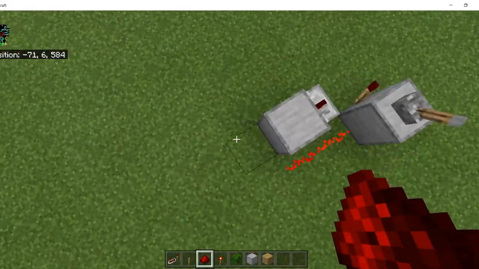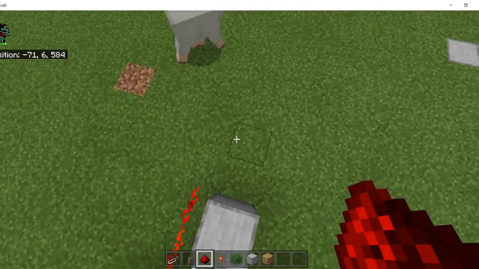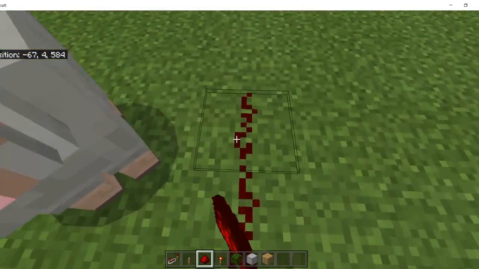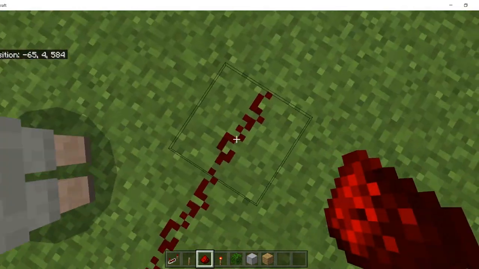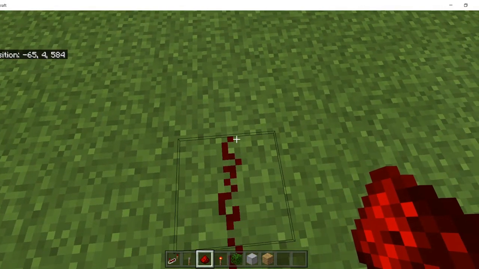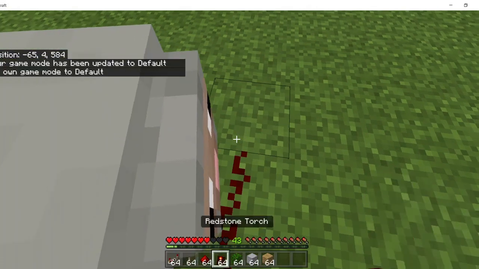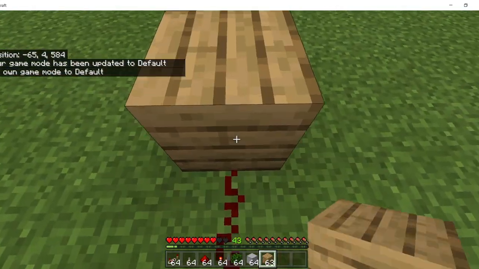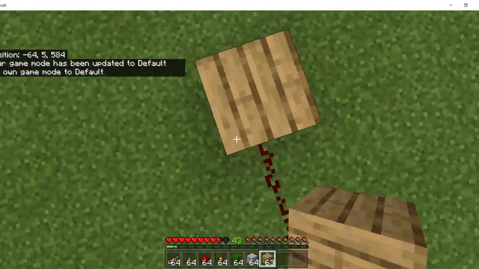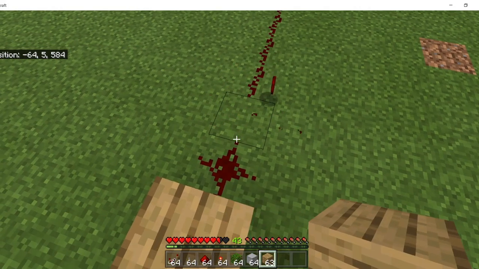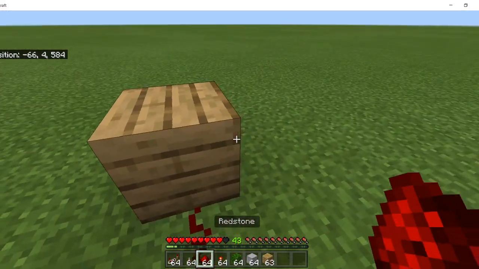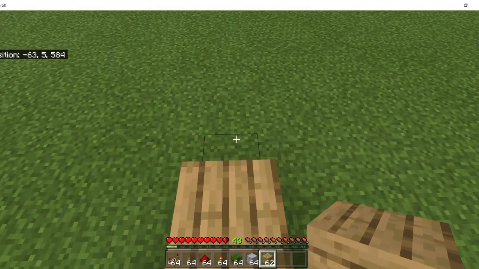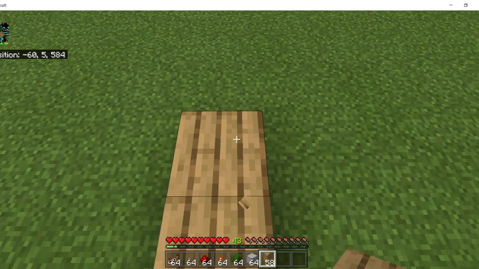And then we're going to start making a redstone line. So just place all the way up until you get up to the chunk border, and then I'm going to count out 64 blocks. Now the easiest way to count out 64 blocks is to go on that one block right here, which is on the other side, in another chunk, and then you want to have a stack of blocks. I just used one,